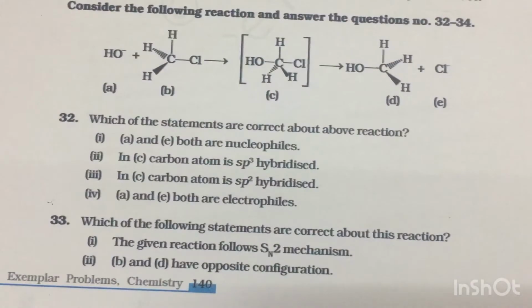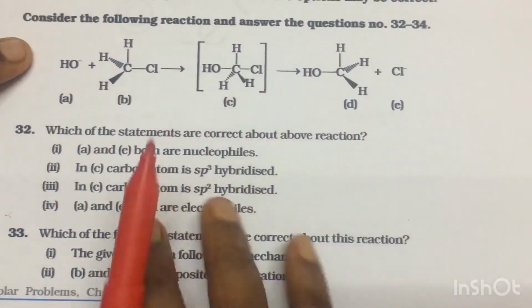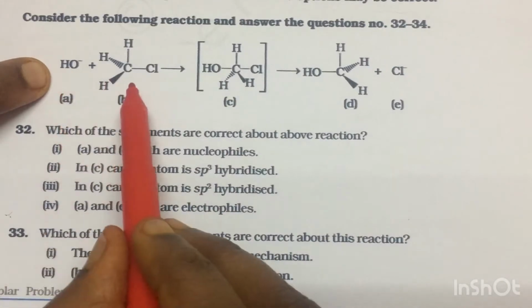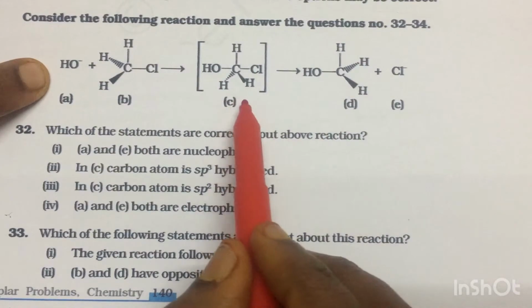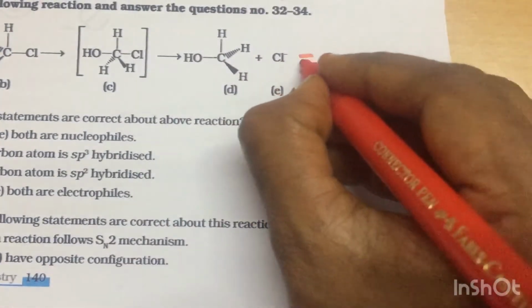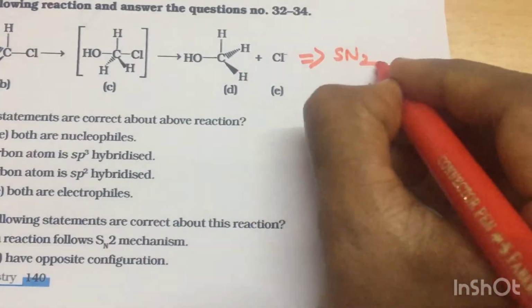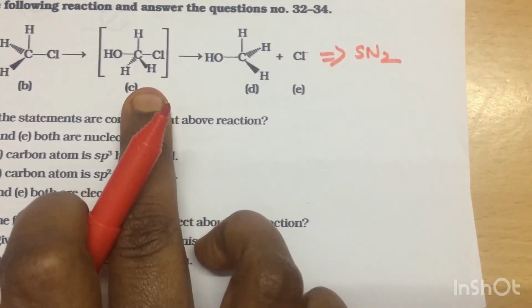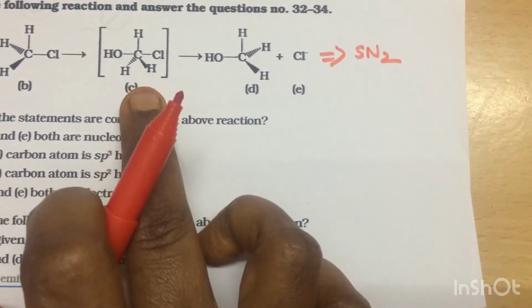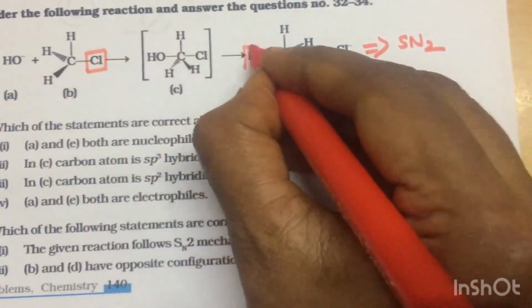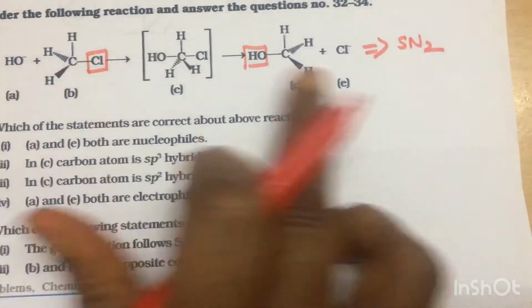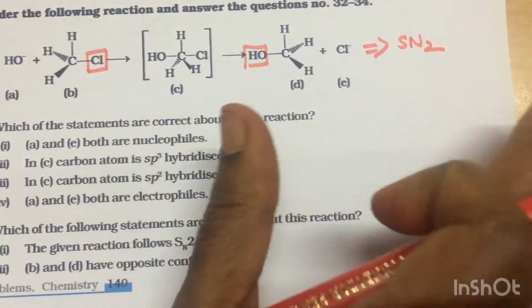So based on the situation, it takes any pathway. Okay, so in this equation they have given, OH minus ion attacks. Very well, by seeing the mechanism itself, you can see this mechanism has taken the SN2 mechanism, right? There is an overcrowded transition state, and there is an inversion in the product. You see, chlorine is here and hydroxyl is here. So it clearly says it is an SN2 mechanism.